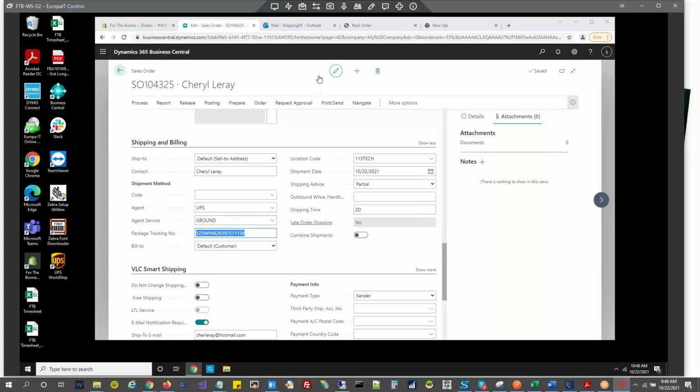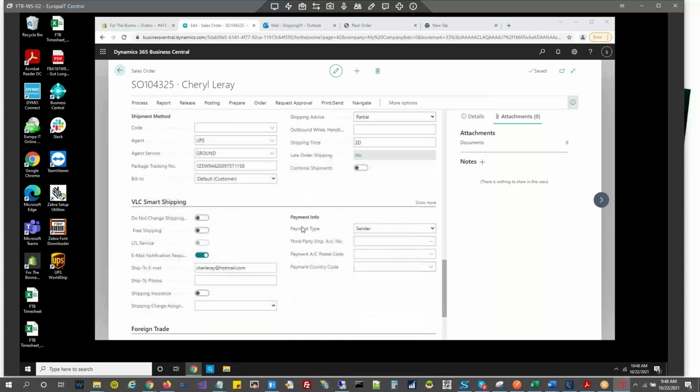Is it going to post? In the setup, we have not selected shipment invoice. Okay, gotcha. But we could. Initially, we wanted to show you all this process. Whenever you're good with this process, in the setup you can choose shipment invoice, and it will post the invoice as well. Oh my gosh, this is so exciting.